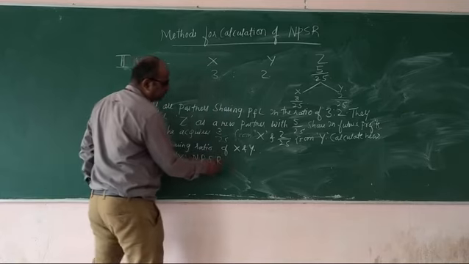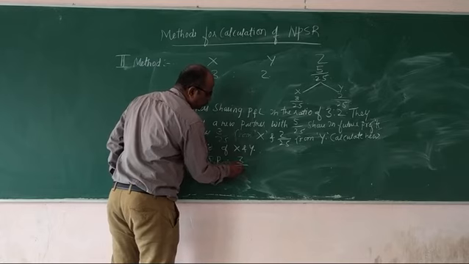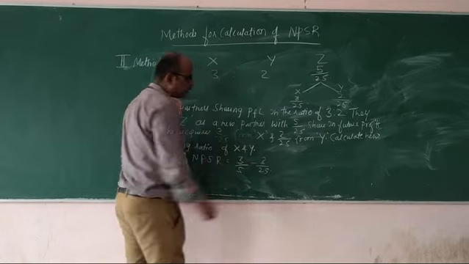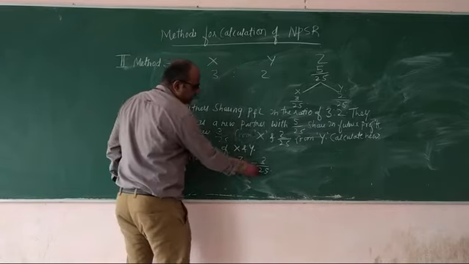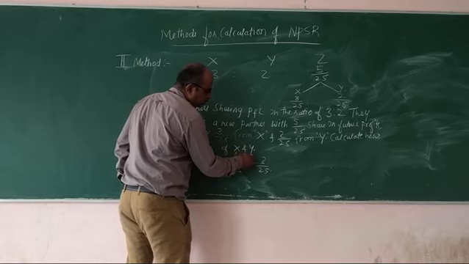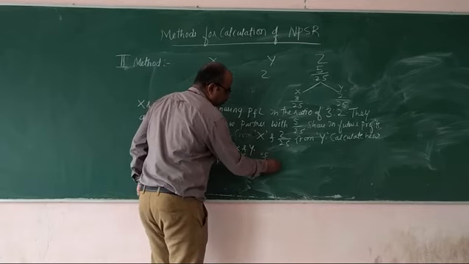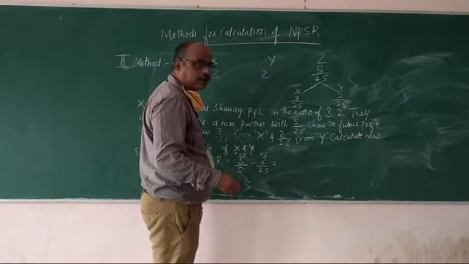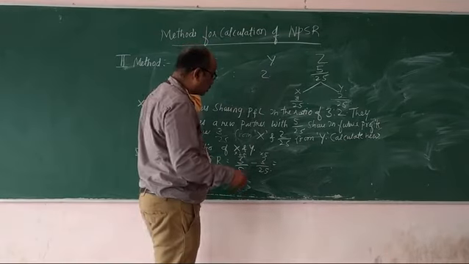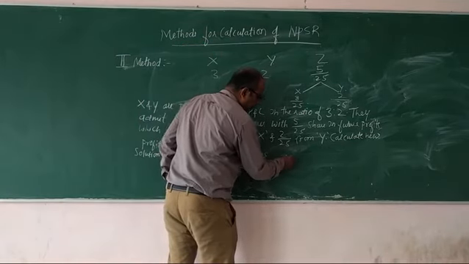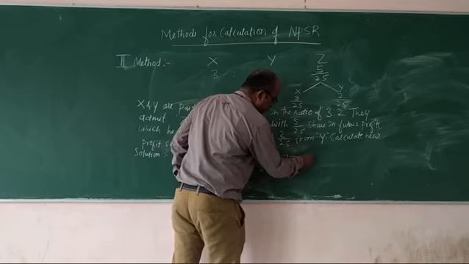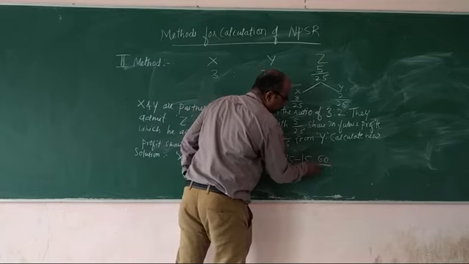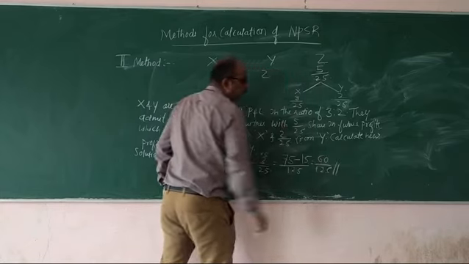So X's new profit sharing ratio equals the old ratio, which was 3/5, and out of that he is giving over 3/25. You can use the LCM method also here, but here you can use cross multiplication only, into 5. As I have shown you in the previous sessions how to calculate the LCM, you can use both methods, either the LCM method or the cross multiplication method. So 25 into 3 equals 75, minus 15, divided by 5 into 25 equals 125, equals 60/125, is the new profit sharing ratio of X.